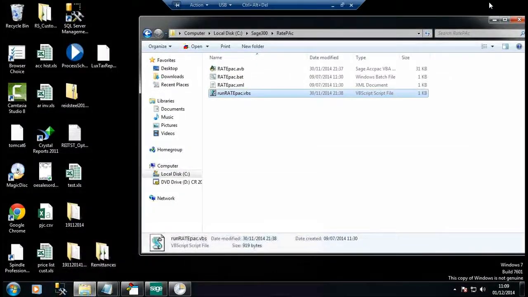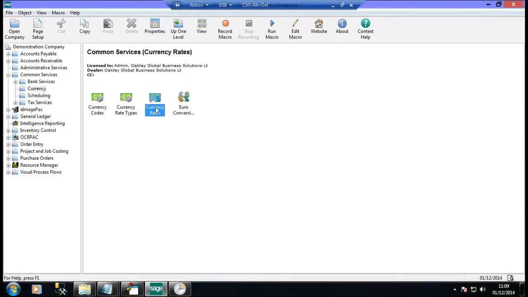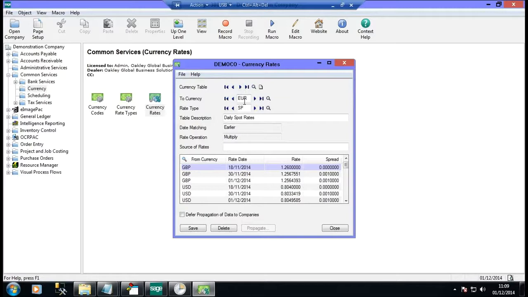So within Sage, you've got your currency rates option here. Normally what you have to do is go in, pick your exchange rate that you're using, so euro, spot rate, and manually enter the rates in. What Ratepac does is actually put these rates in for you automatically, so you can get it to run automatically